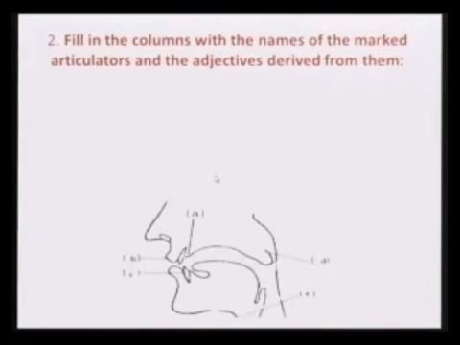Fill in the columns with the names of the marked articulators and the adjectives derived from them. This is a different diagram with different articulators. This one is the upper lip, which we just mentioned. What is this one? Lower teeth, and this one